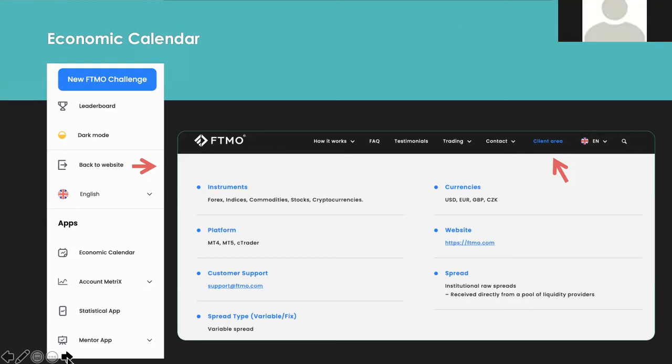Yes, there is one more question. It is from Sean. The question is, on a demo or live FTMO account, does the trial end the morning of the expiration date, or would you be able to trade on that last day? It ends at midnight that last day. But keep in mind, if you live in the US, our midnight is not their midnight. The FTMO platform is on that